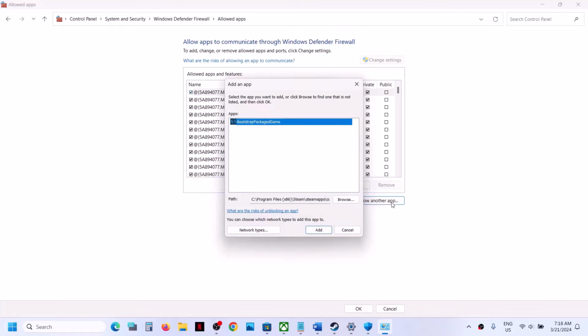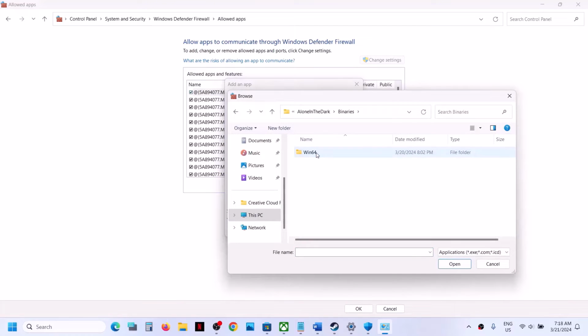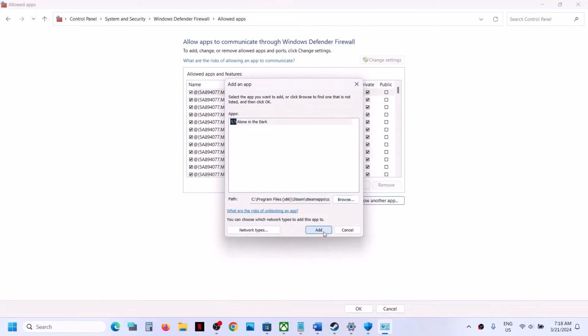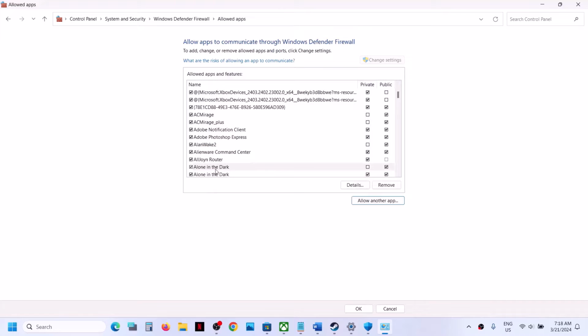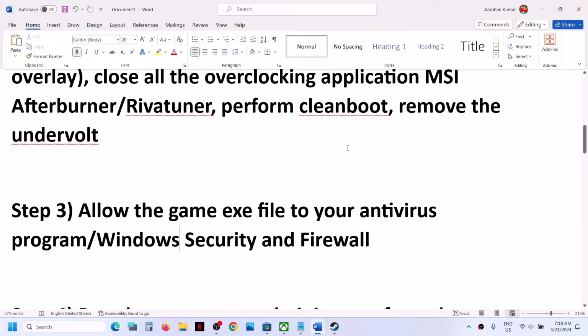Again click on allow another app, browse, and then open this Alone in the Dark folder, binaries, win64. Select this exe file, click on open, again click on add. Now once the game is added over here, click on OK on the bottom. Now launch the game and then check. Now, if you are still facing the problem,